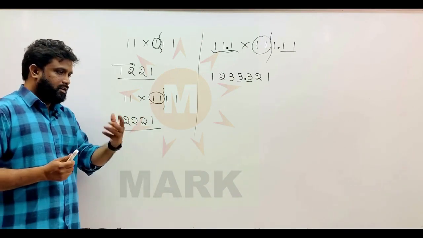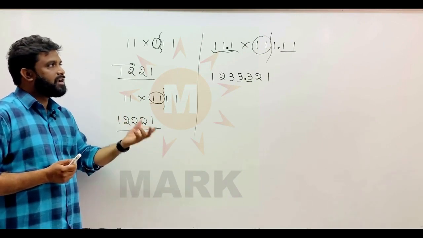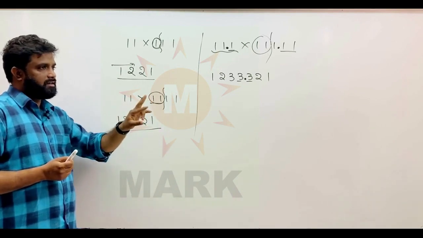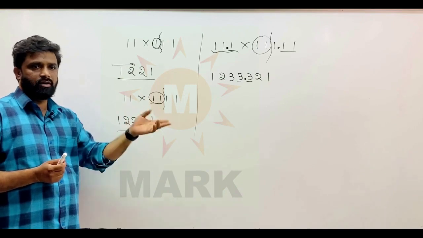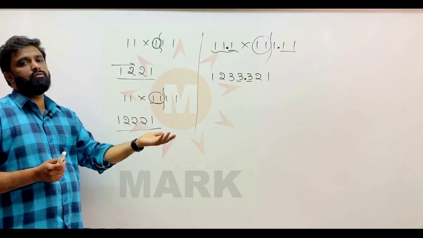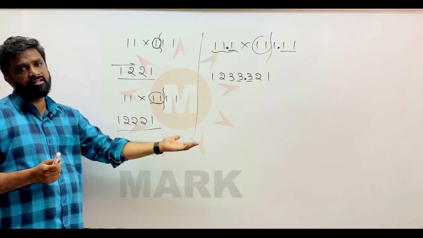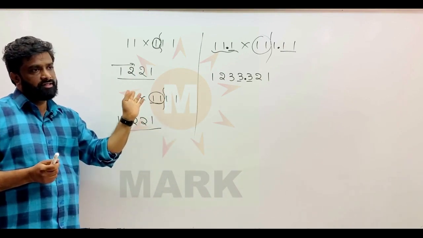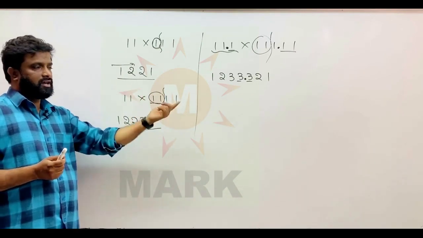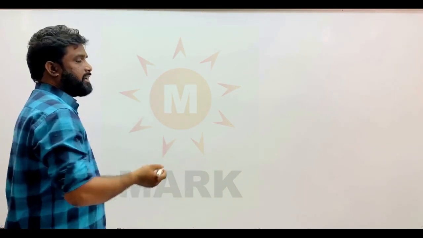Okay, now we will go to the next small topic. Generally students get confused between this topic and the multiplication of 11s. 11 into 11, 2 ones into 2 ones, is also mentioned as 11 into 11. But there is another concept called the palindrome concept, which we find in the multiplication of 11s. So multiplication of 11s is a different concept, and don't get confused between this all-ones multiplication and multiplication of 11s. Maybe 11 into 11 is the only common thing. We'll see that concept now.